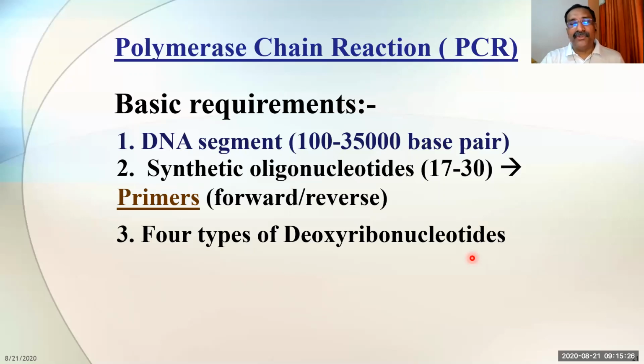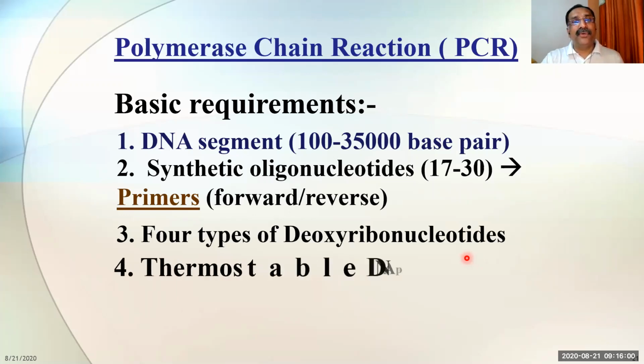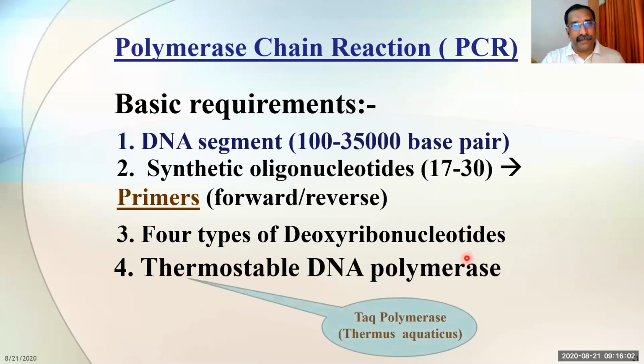I told you that when you go to a Xerox center, you need either ink or carbon powder for making the Xerox. If there is no carbon powder or no ink there, they cannot take the print, they cannot take the copy, because that is a basic thing. Of course, they need paper also. In the same manner here, the basic units of DNA are called deoxyribonucleotides, and there are four types of nucleotides, and these four types must also be there in the medium.